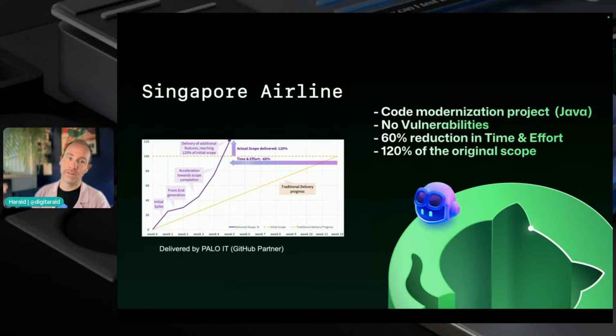And they found that with this, they massively reduced, in this case, a code modernization project, which is one of these typical brownfield migration areas that can take a lot of time, a lot of resources, and reduced it, say 60% at 120% of the original scope. So really amazing to see what context engineering can bring to a team when it's done with